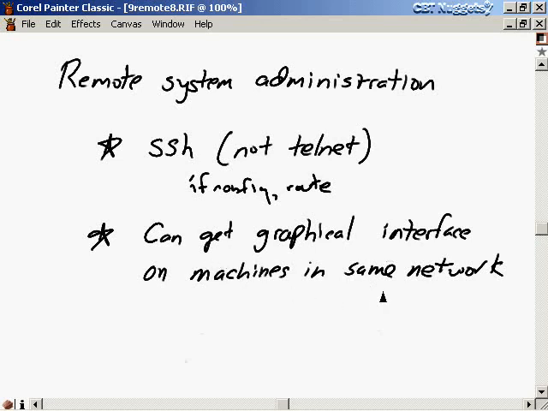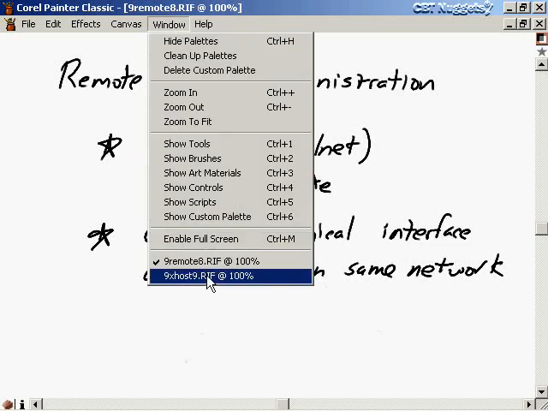Maybe you want to do this just because that machine over there has some software that you want to run, and that software is a graphical software. We used to do this all the time in college because one machine in our lab had Mathematica on it, and that's a graphical math program, does some graphing and stuff like that. And it was a very expensive piece of software, so we only could install it on one machine, but we could have many instances of it running at the same time, and so we would all log on to other machines and then just get a graphical interface on our machine to the other machine. So let me show you how to do that.